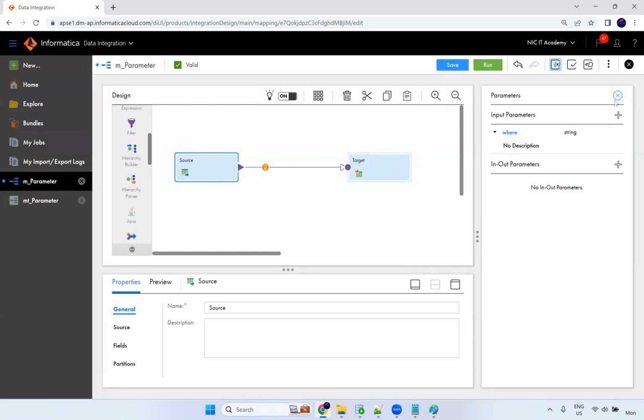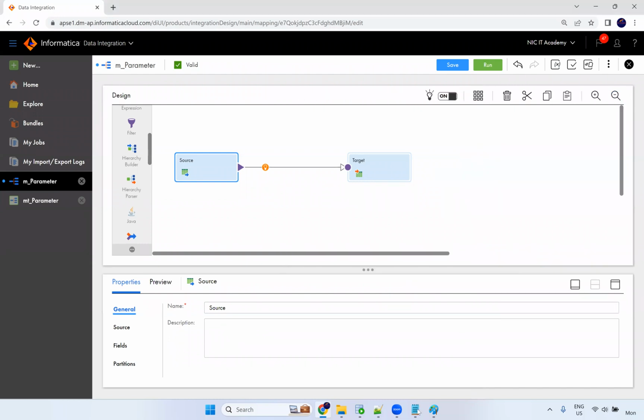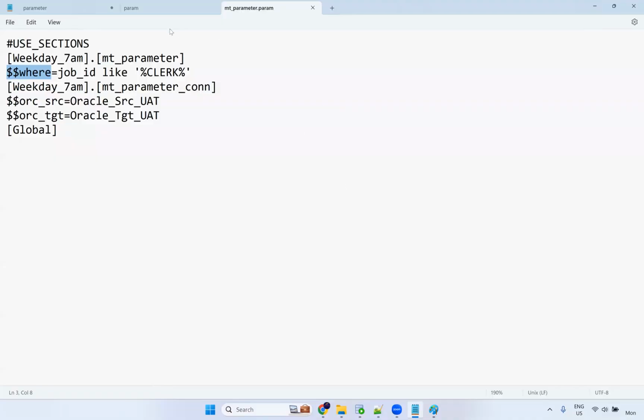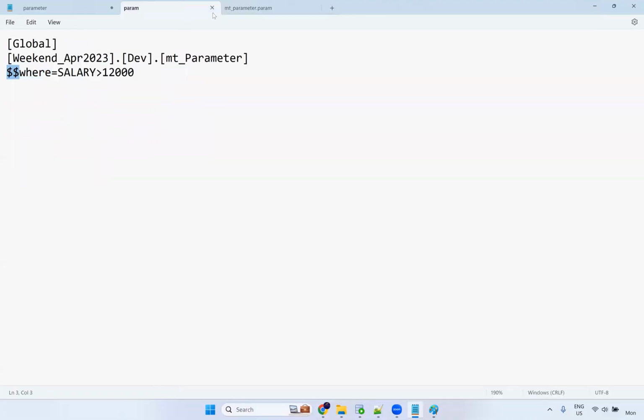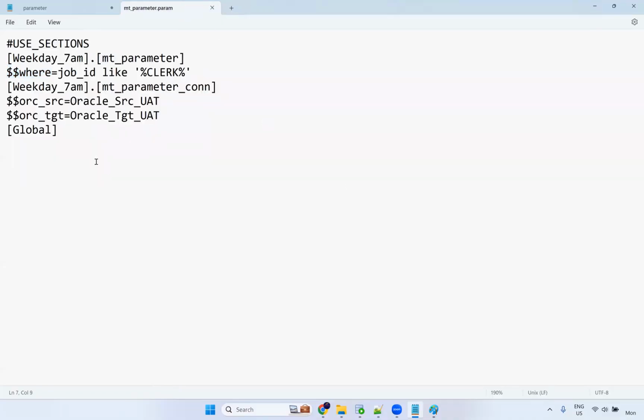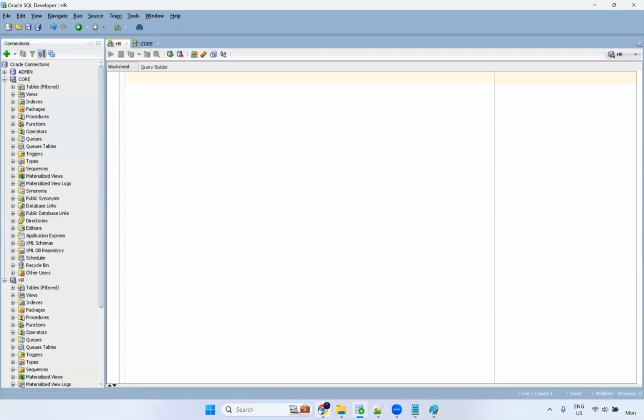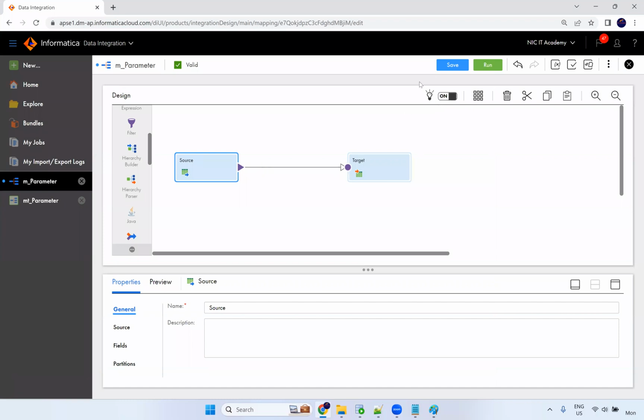It's not a connection. It should be an input parameter. This should be taken actually while creating the session, right? It should be taken. No, the file, I have already closed it, right? So the param file, I already closed it. Even if it is opened, it should fail saying the file is opened. While creating the session,